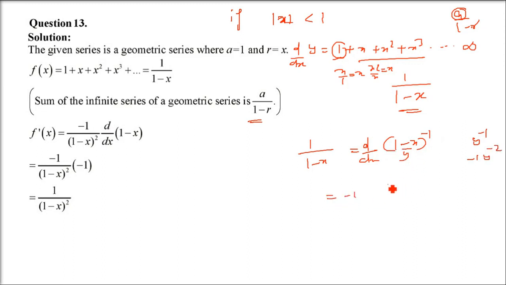So I'm just doing the differentiation. It's just like what we have done earlier. So it will be minus 1 in front, 1 minus x to the power minus 2. Now we'll do 1 minus x also, chain rule. So 1 minus x, 1 is 0, so minus 1. Minus cancels. You have 1 minus x whole square. This is the final one.